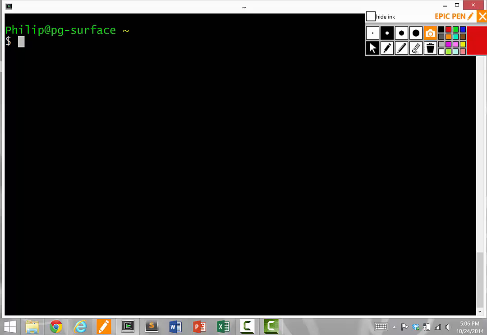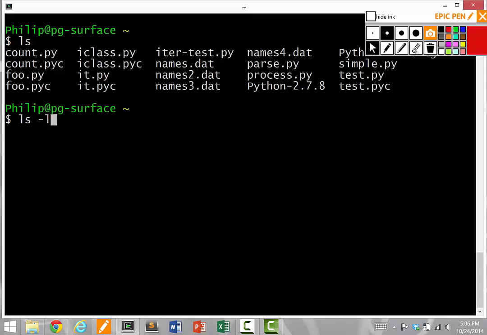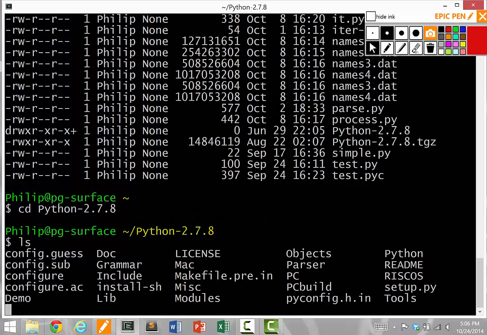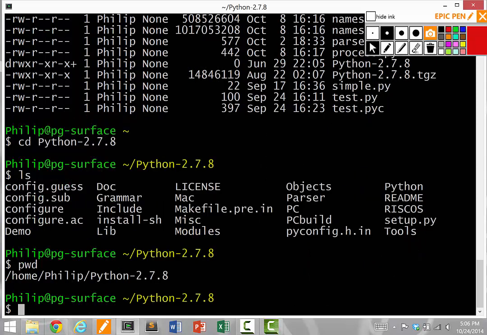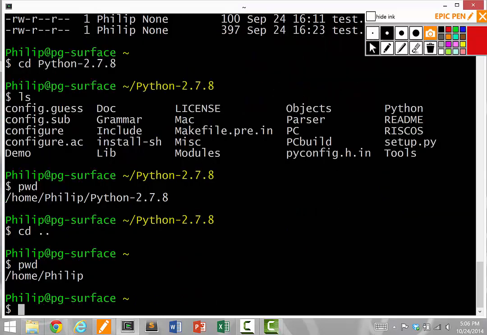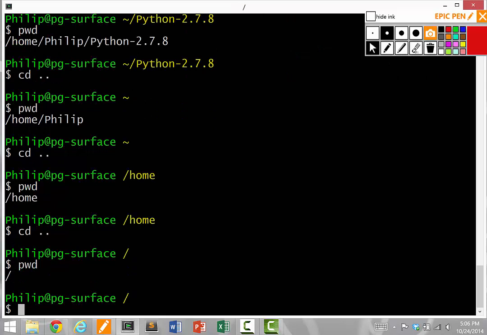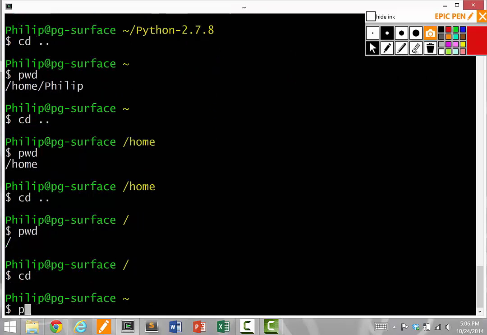So recall that last time I showed you how to use ls -l to list the files in your current directory, cd to change into another directory, pwd to see which directory you're currently in, cd .. to go up one level, pwd, cd .. to go up one level again, cd / to go all the way up to the root, and then cd by itself to go back